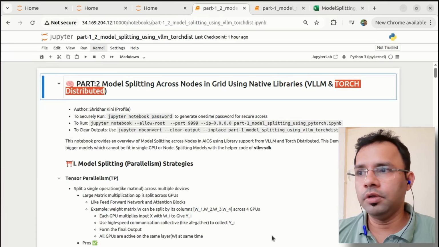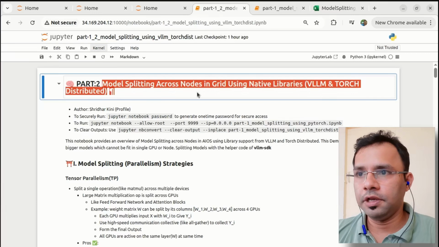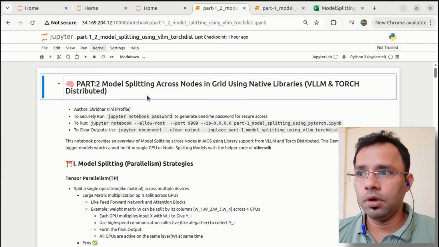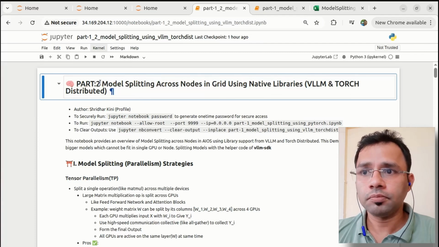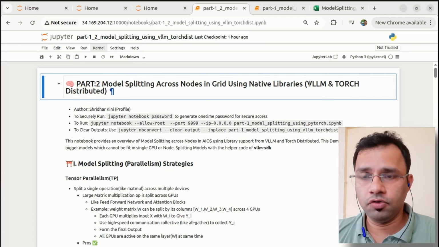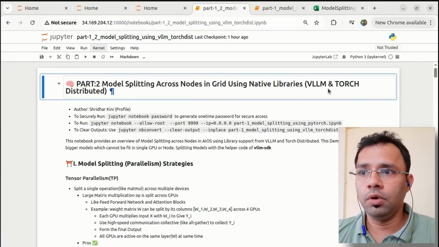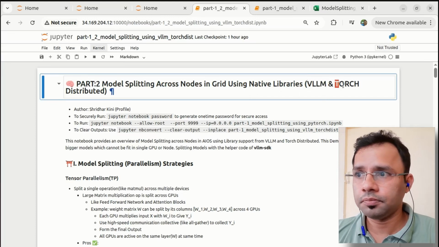In this video, we'll be talking about model splitting. This is part 2 of a model splitting video using native libraries. In the part 1 video, we showed the native library where we took transformers and torch distributed. But in this video, we'll be walking through with vLLM as inferencing and torch distributed for splitting the model